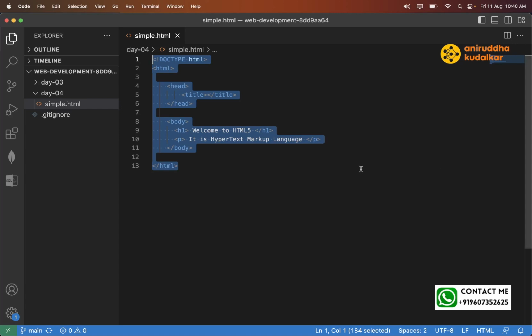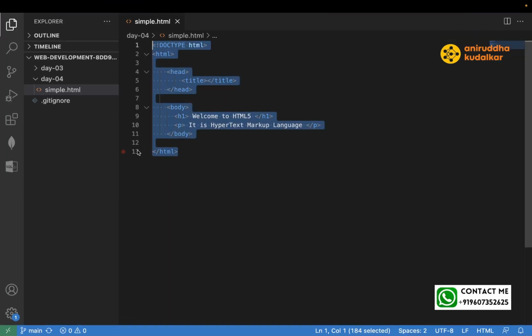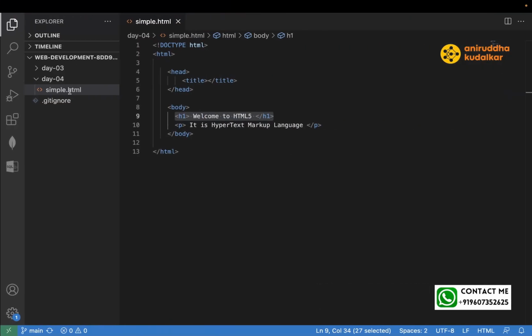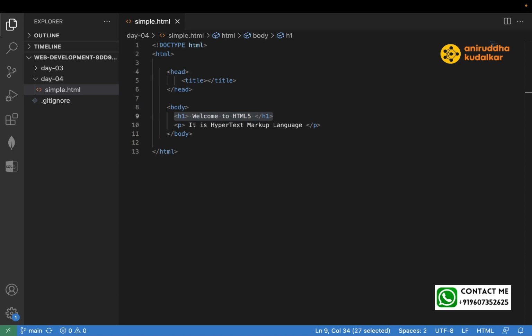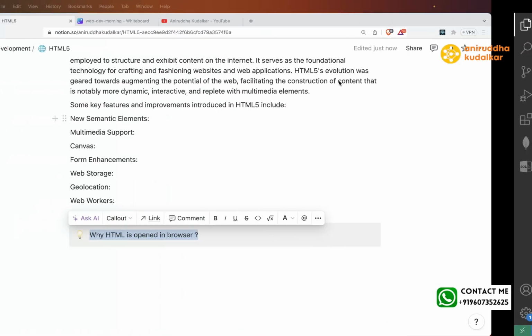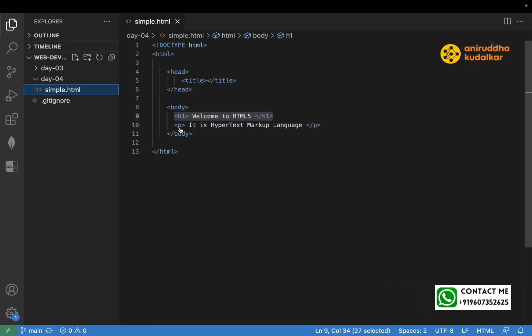Now, a very important aspect about HTML is rendering. What do you mean by rendering? So this is the H1, so H1 should be rendered. Let me open this in the browser first. Okay, so you have written H1, no problem. You have written H1, but see, H1 is rendered in this form, which means what to do with the H1, what to do with the paragraph,